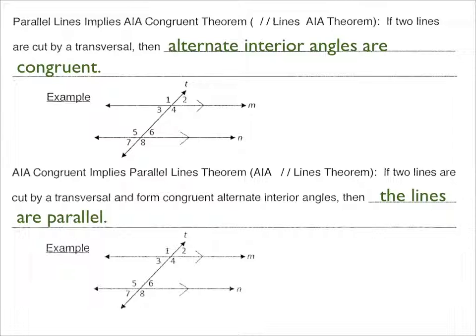I mean, look at them. Don't they look congruent? Doesn't 3 look like it's the same as 6? Yes. And 4 looks the same as 5? Yes. They are. So now, when you have this 8-angle thing going on, you have vertical angles, linear pairs, alternate interior and alternate exterior angles, and corresponding angles. There are all these different ways, and we're not going to go to our CRC groups today for